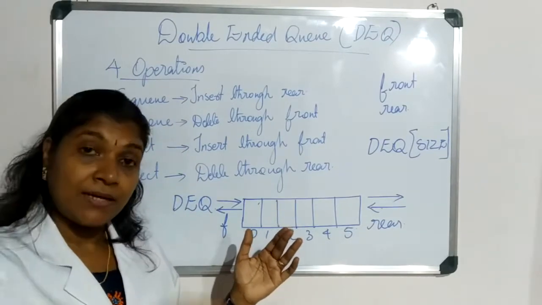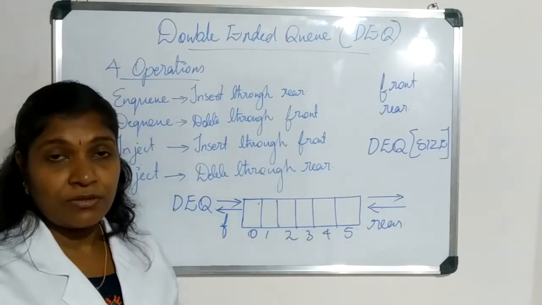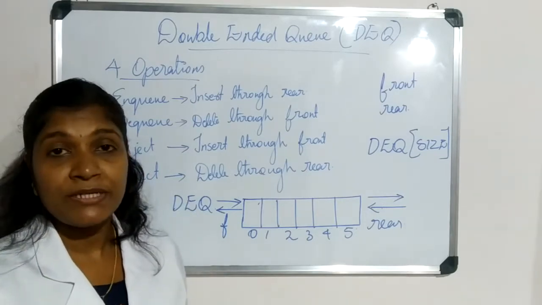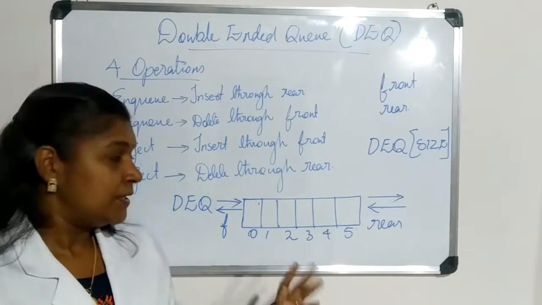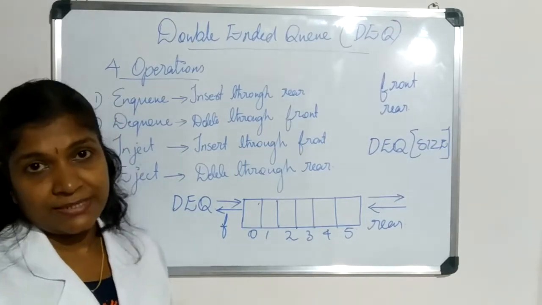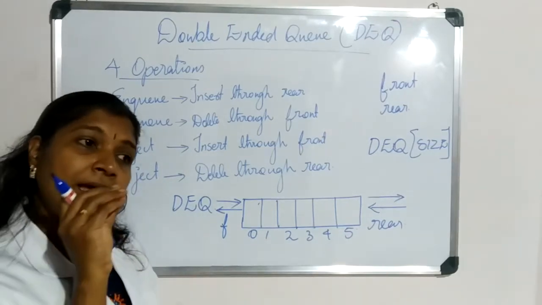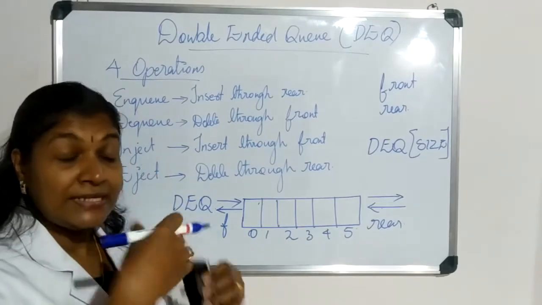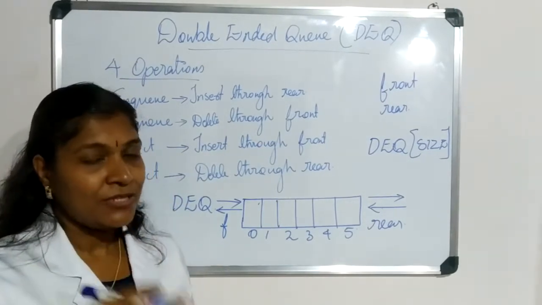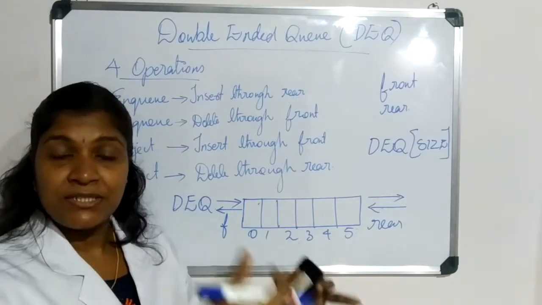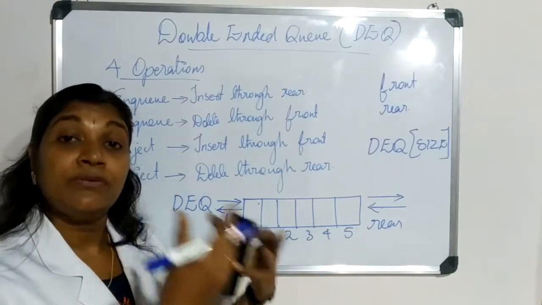What was the earlier operation, the existing operation we performed through the front? That was DQ. Okay, that is sure. So add an insertion to that side. So if you are performing an insertion of an element, that would be starting with "in", right? So injection. Injection means inserting an element through the front end.